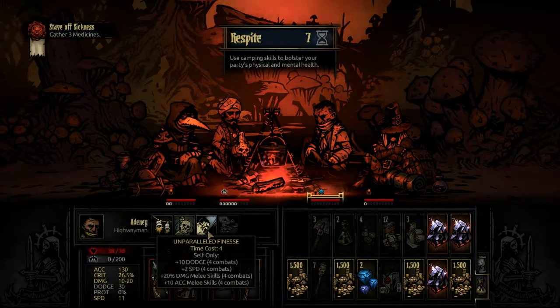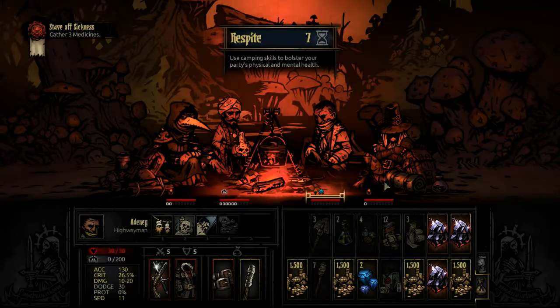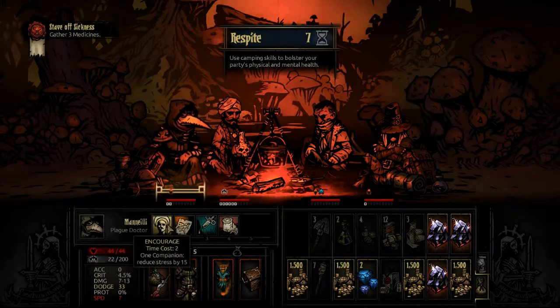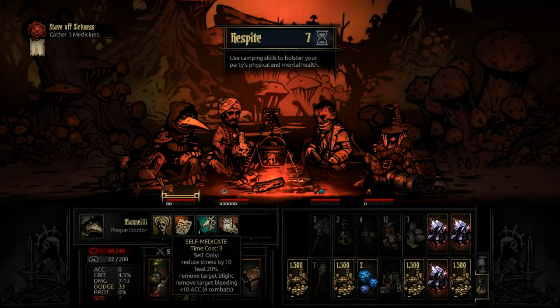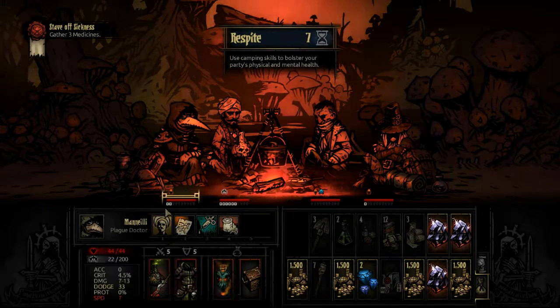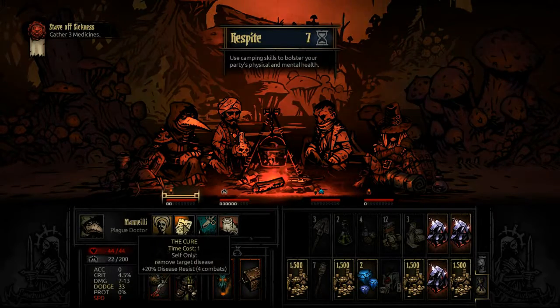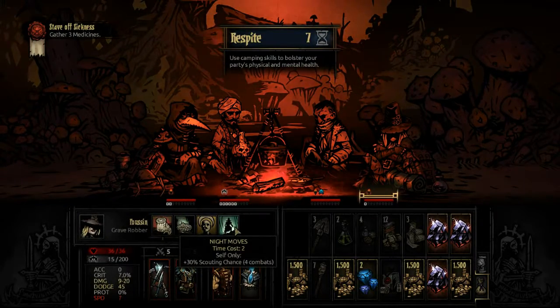But no, I don't think so. Unparalleled Finesse would get us down to 3, and then we can use... Self-medicate? Increase accuracy... No, we don't need that at all either. I mean, a bit of a stress reduction and increased accuracy for 4 combats, but...